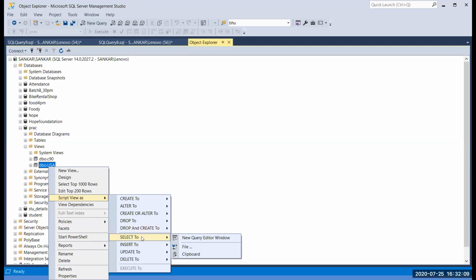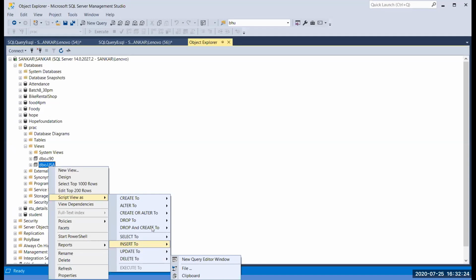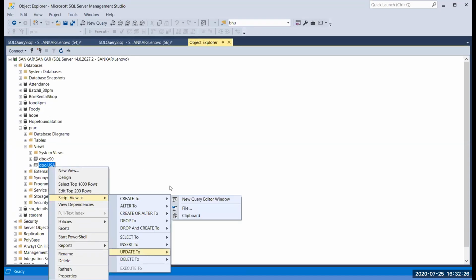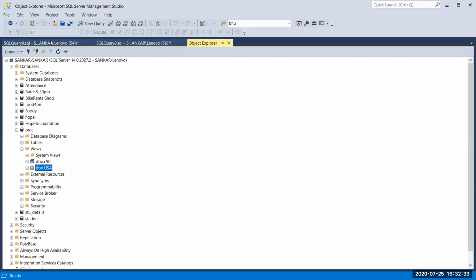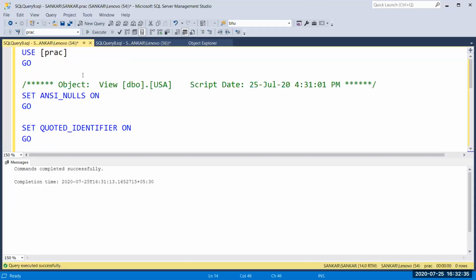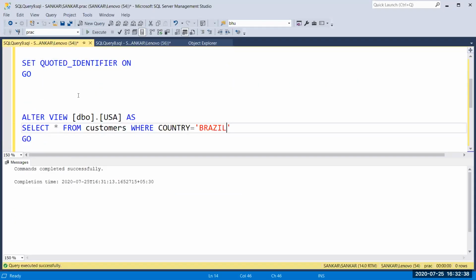Okay, and the select into statement, it's just a select statement that we have seen in the previous window. Okay, so this is the insert into, update and delete query. Okay, so you can use these links and get the scripts or queries. And these are about views. Okay, so do you have any doubts in views?